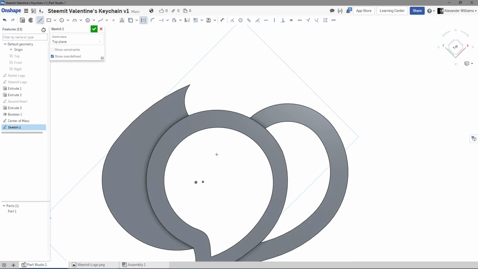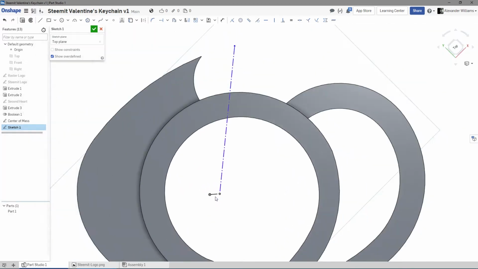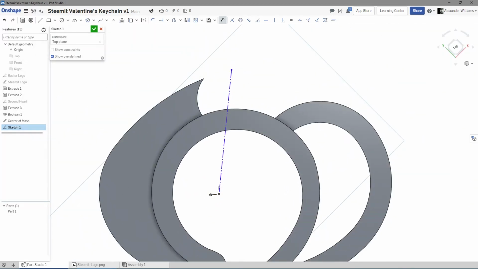Now, we're going to make a construction line that goes up this way. It's anchored to that. We don't really care about its angle per se. We can just grab it and drag it around. We're going to make another construction line. Q turns on your construction geometry, so you don't have to do it after the fact. Right. So that second construction line is awesome because it allows us to go and dimension